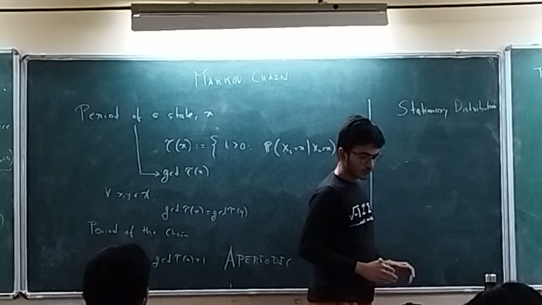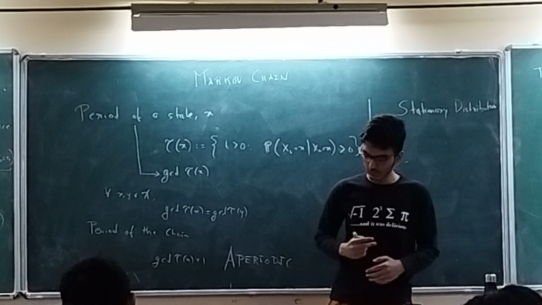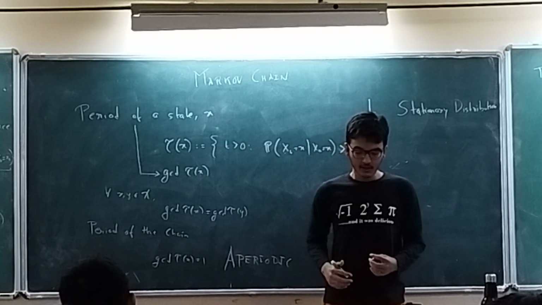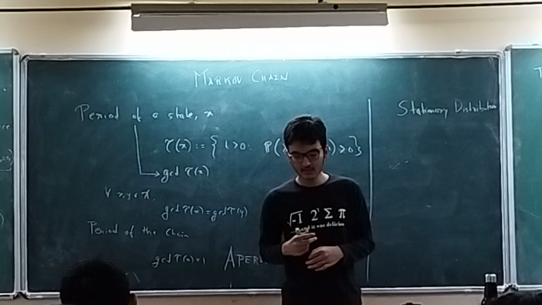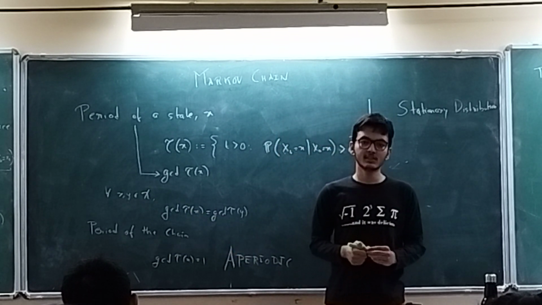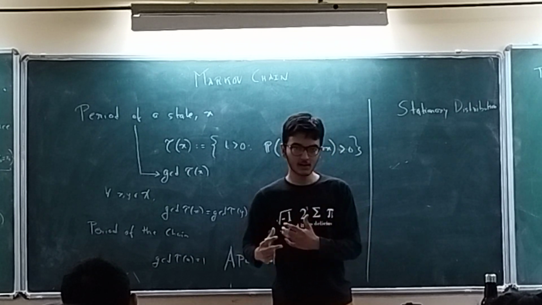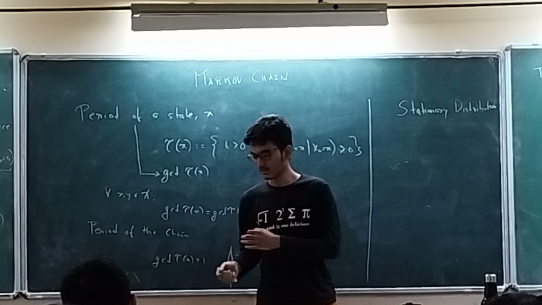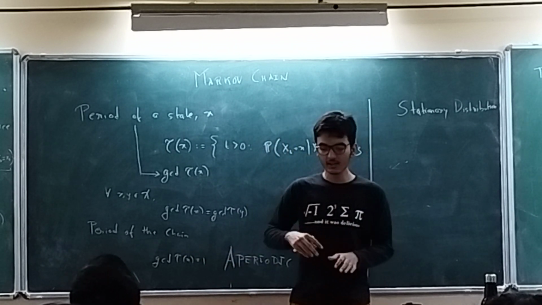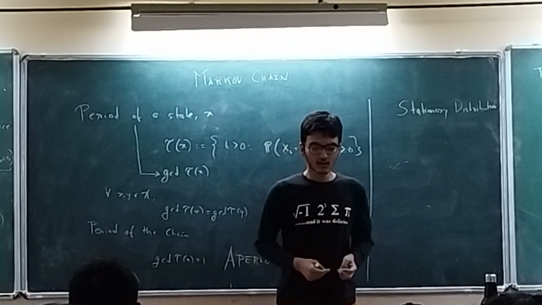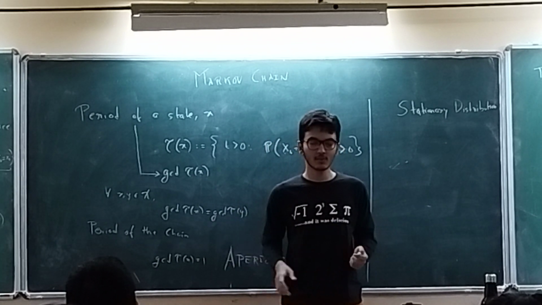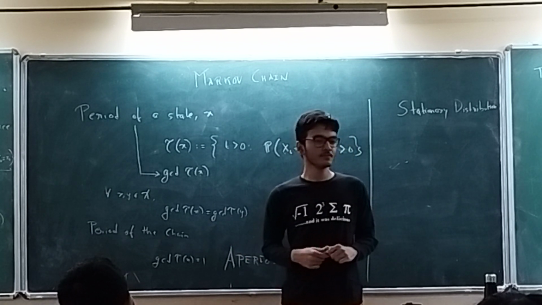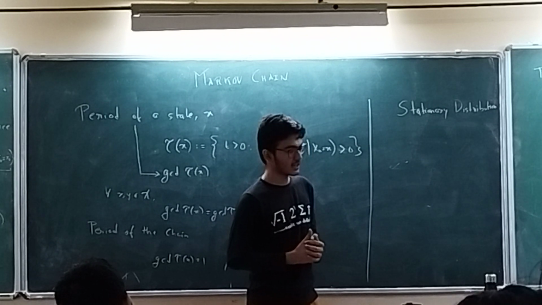And we want to see the long term behavior. So you start a Markov chain, you let it run for a long time, and after let's say 1,000 steps or 1 million steps, it follows a typical pattern that you can observe, or you can predict at what probability it will be at x, at what probability it will be at y. So it has an equilibrium structure. In physics we have some idea of equilibrium. If we leave a system, ultimately it reaches equilibrium. Here also we can have something like that.